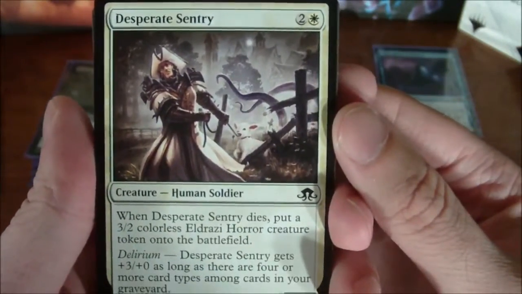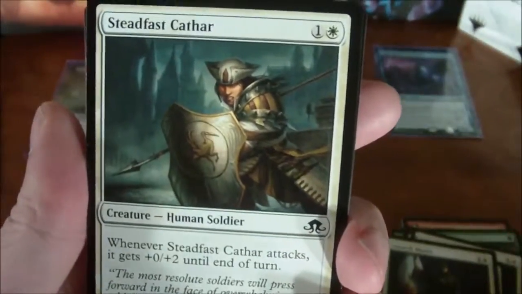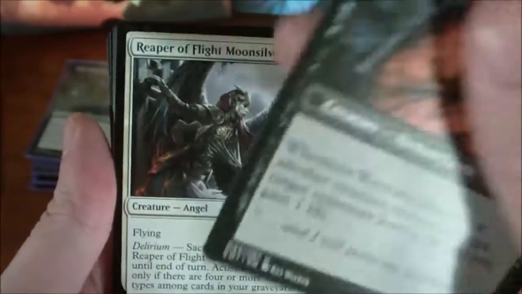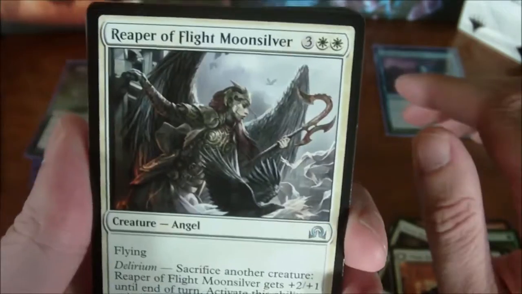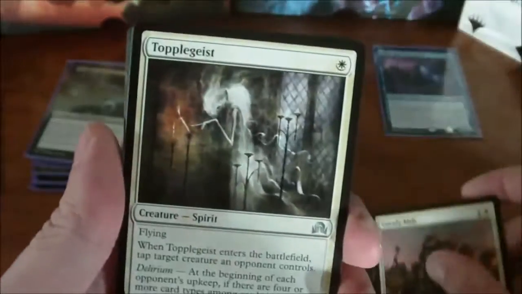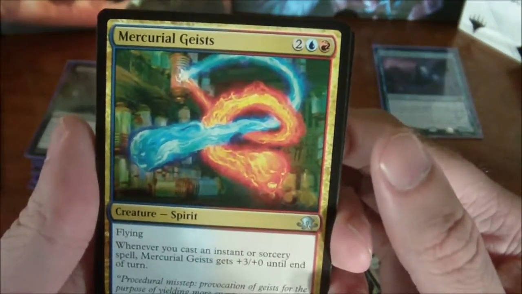Lunarch Mantle, Desperate Sentry, another Lunarch Mantle, Borrowed Grace, another Lunarch Mantle, I just got 3 of those, Steadfast Cathar, Dawn Griff, Pious Evangel, which transforms into a Wayward Disciple, Reaper of the Flight Moonsilver, Strength of Arms, Thraben Inspector, Unruly Mob, Topplegeist, Militant Inquisitor, Mercurial Geist,